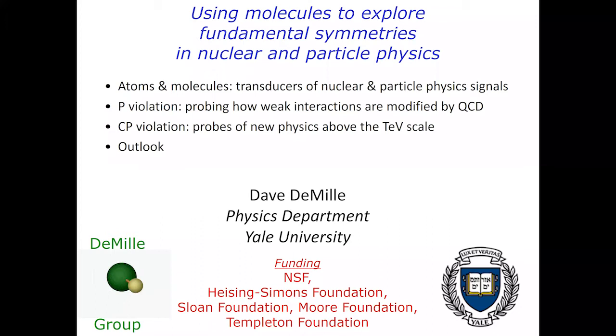Dave has dedicated his entire career to the study of violations of discrete symmetries using ultra-cold polar diatomic molecules. For example, his group was the first to accomplish laser cooling of diatomic molecules, achieved in 2010 using strontium monofluoride. He's also one of the driving forces in the very famous ACME collaboration, which constrained the upper bound of the electron EDM to a level of 10 to the minus 29 electron centimeters using thorium monoxide. For his work, Dave has received numerous research prizes, for example, the 2006 Pipkin Award for wide-ranging studies of fundamental symmetries in atoms and molecules.